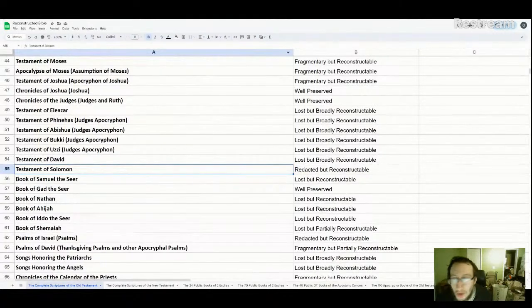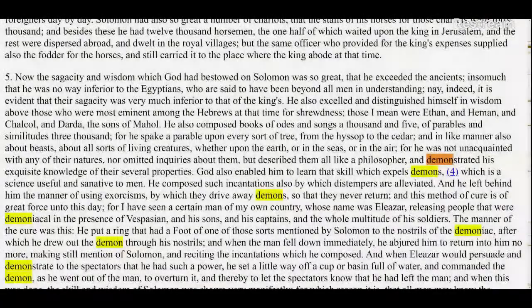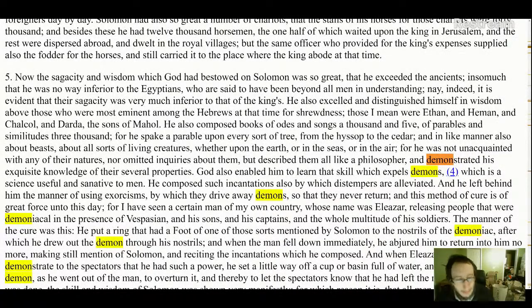Then secondly, Josephus actually endorses the Testament of Solomon as authentic. Let me show you. And again, remember, Josephus said that this is part of the Jewish scripture. He's not adding anything. He's simply saying what the Jewish scriptures say. And yet he's quoting apocryphal books. So here's Josephus's confirmation of the Testament of Solomon.